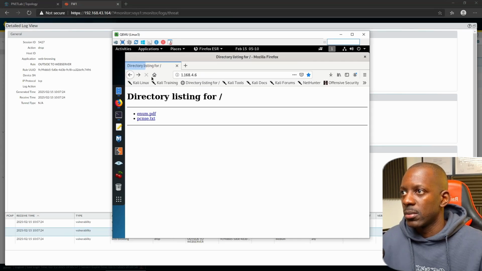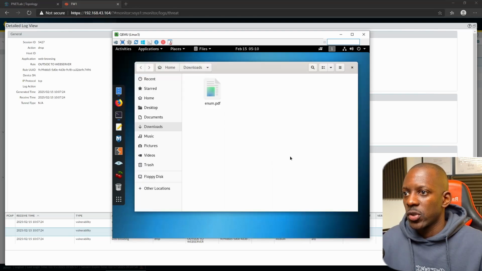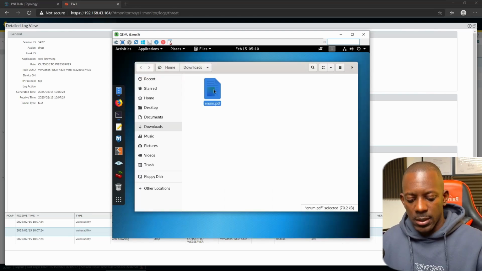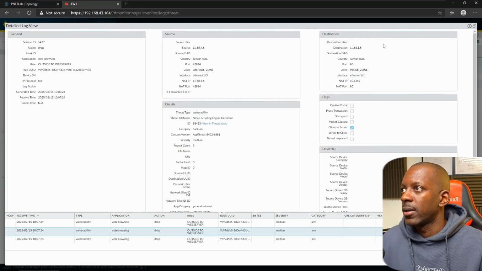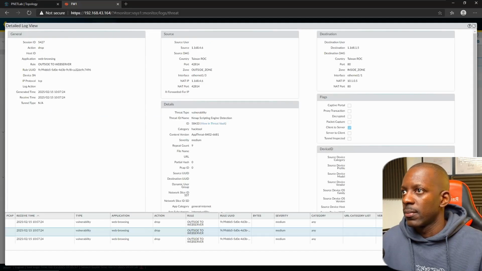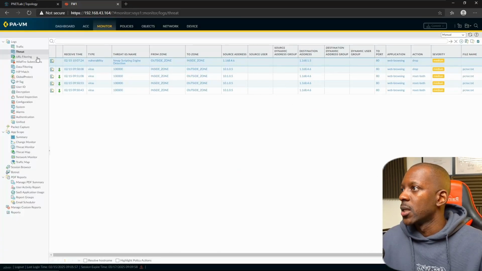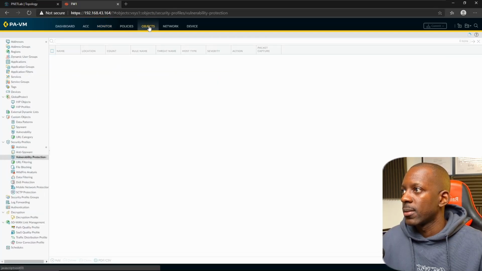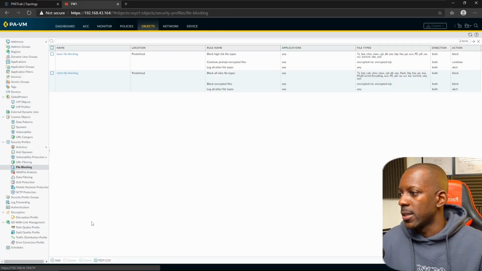So I'm going to just close these, just cancel and download. Okay, so I deleted the file. I'm going to close this as well. No, that's not what I want. So it should be closed. Okay, yeah. So let's go to objects, and here on file blocking,